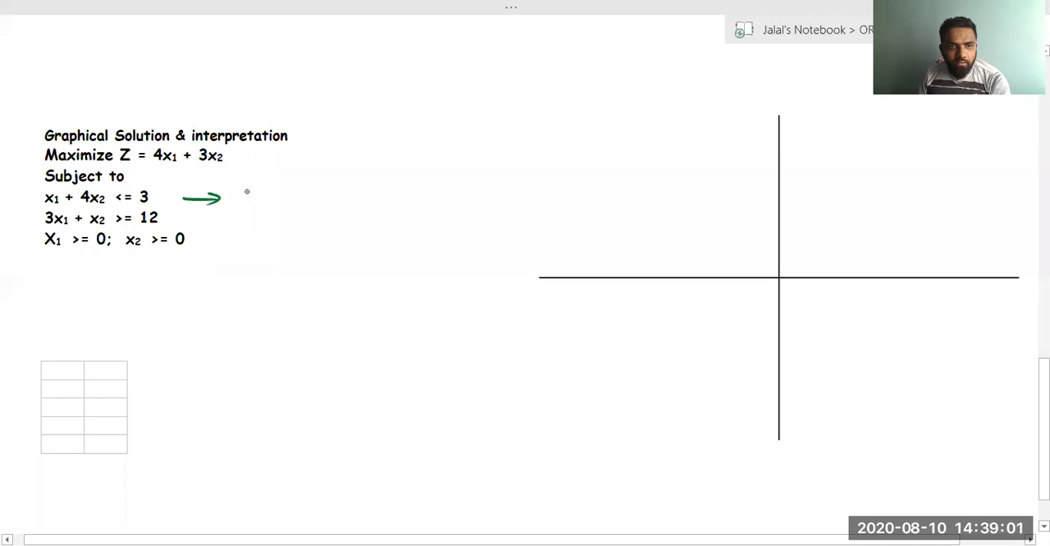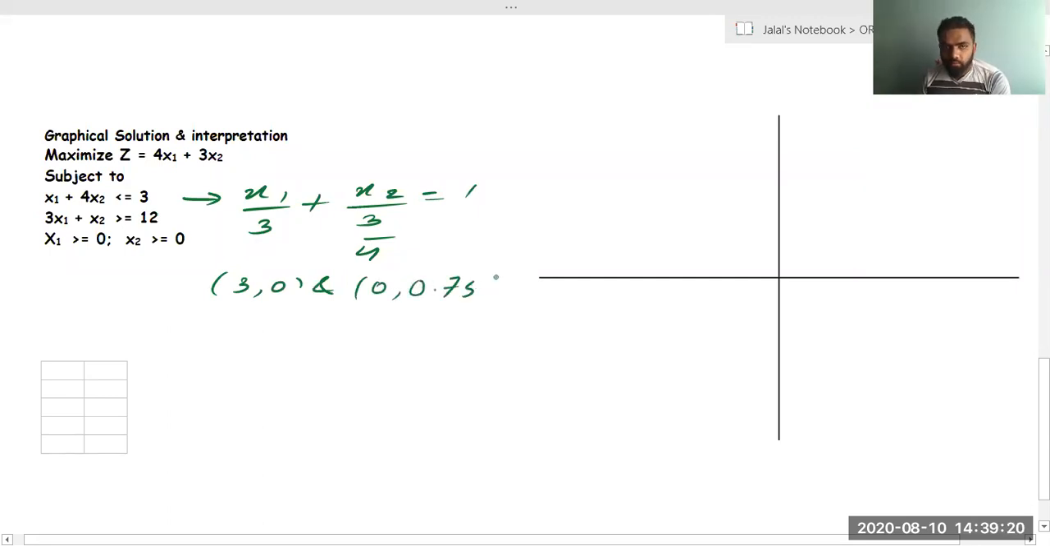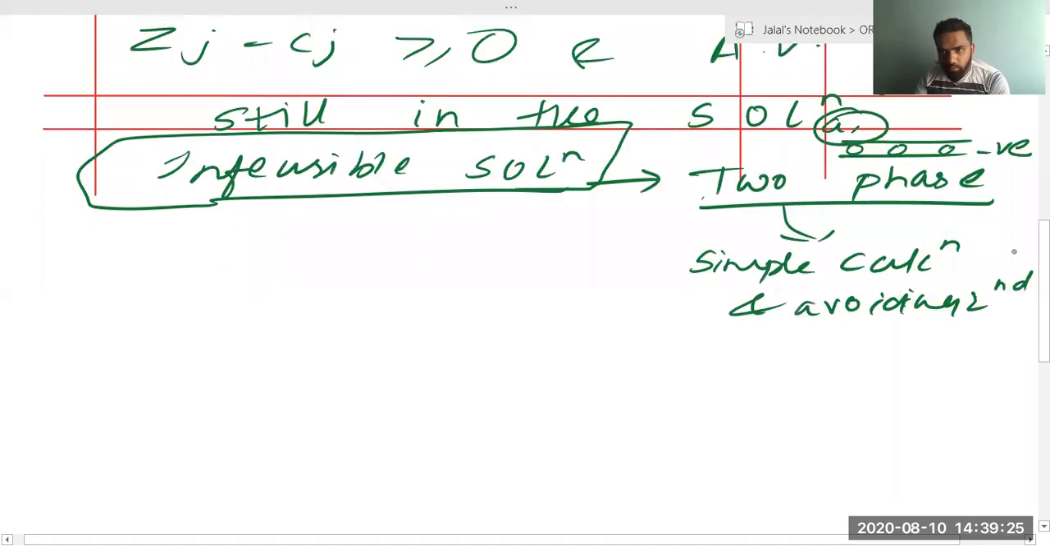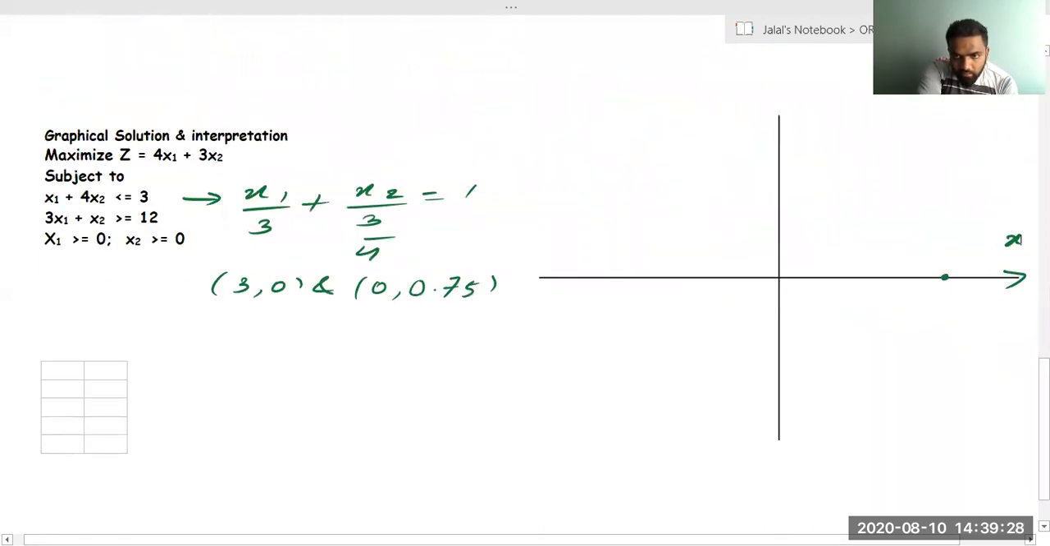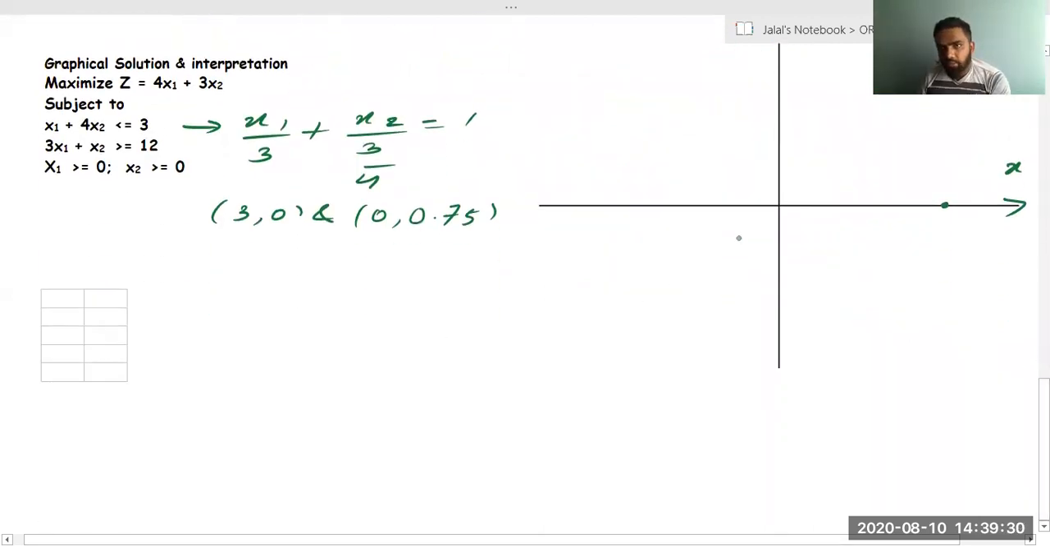This will be x1 by 3 plus x2 by 3 by 4 is equal to 1. So the coordinates will be 3, 0, if I'm not wrong. And 0, 0.75. So what are the coordinates? One coordinate is for the x1 axis, it will be 3, 0. One second. On the x1 axis, what I'm getting is 3, 0. And for the x2 axis,